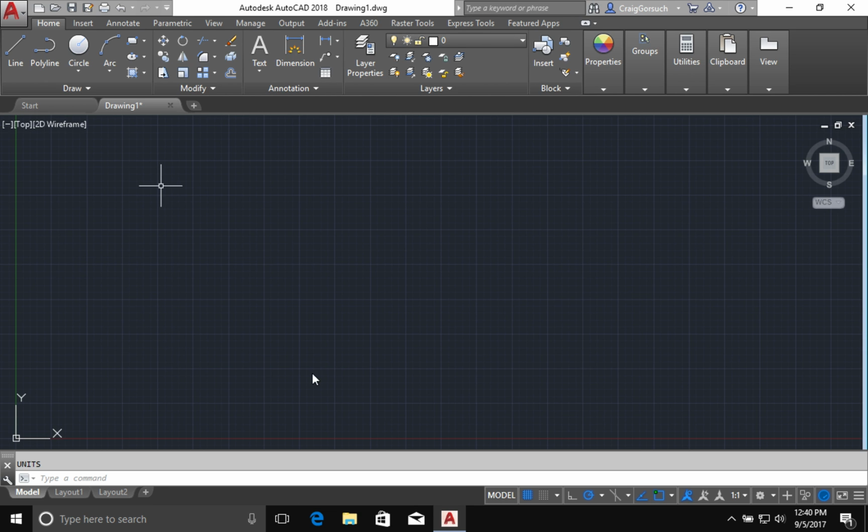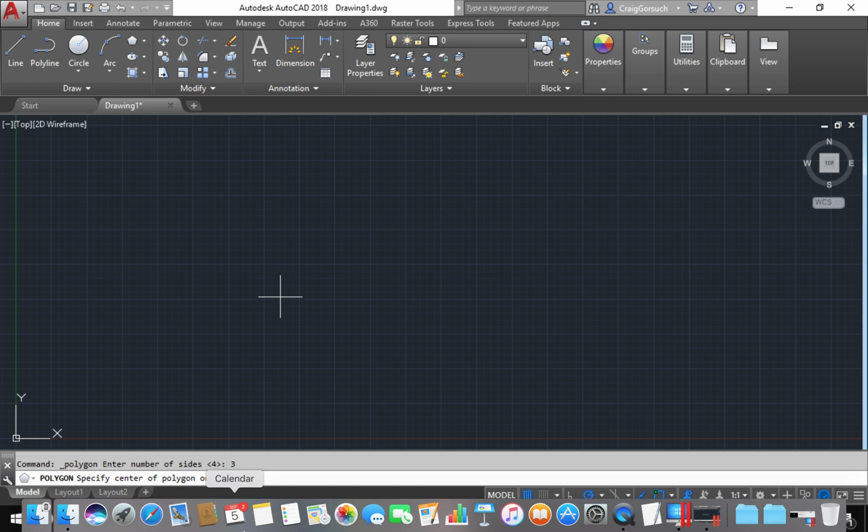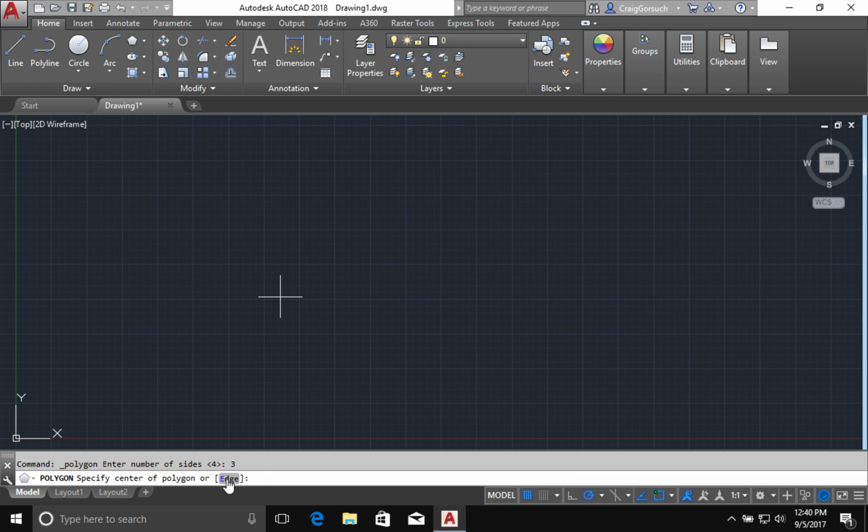Now I'm going to draw a polygon. I'm going to come up here next to the rectangle, expand the tool, click on Polygon. How many sides are in my polygon? I'm going to select 3. And instead of selecting the center point of the polygon, I'm going to select the edge. I want to define my polygon by the length of the edge, so I'll type E, push return. I'm just going to click anywhere out in space. I'm going to move my mouse up, rubber band to 90 degrees, type 3 at the command prompt,